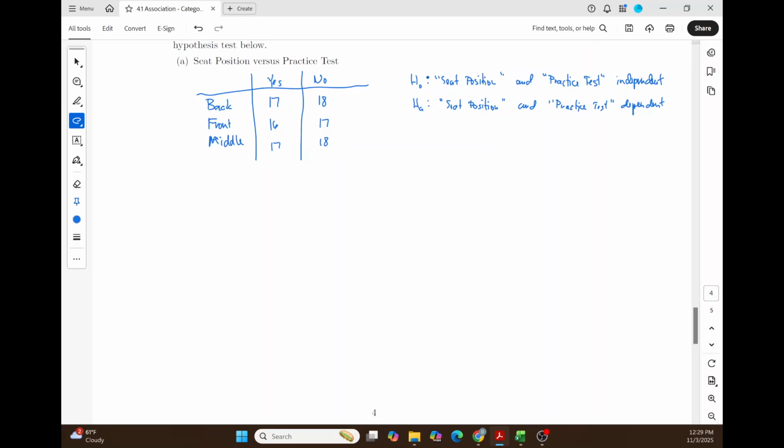We ran the test by running a chi-squared test for independence,